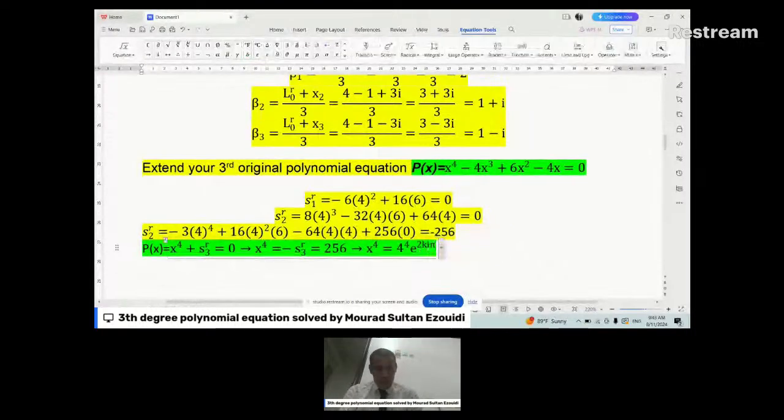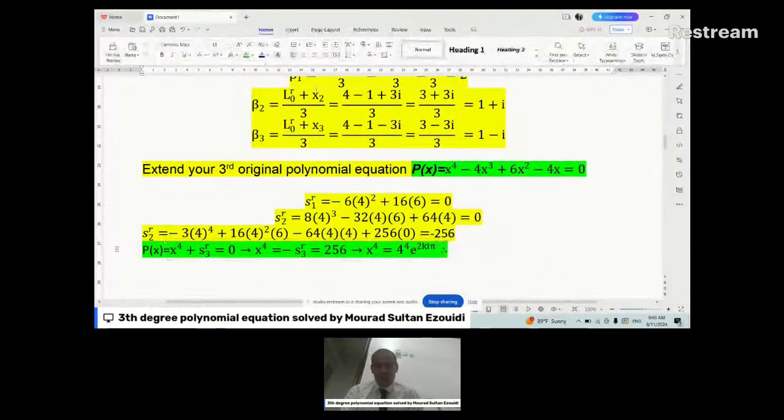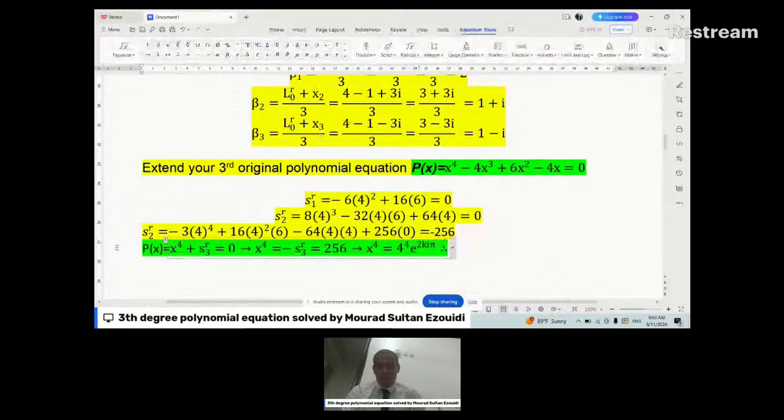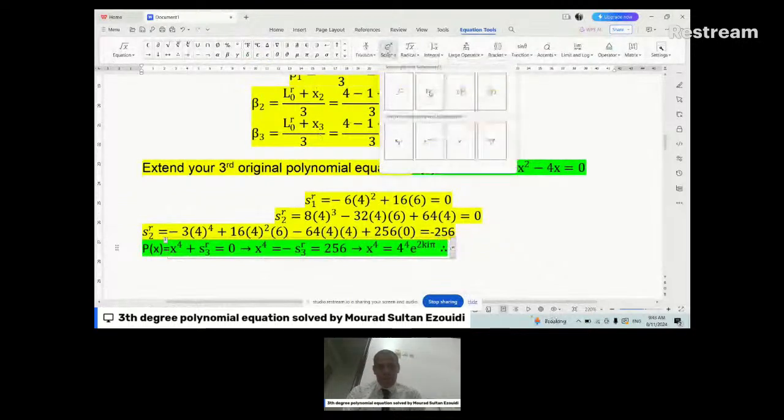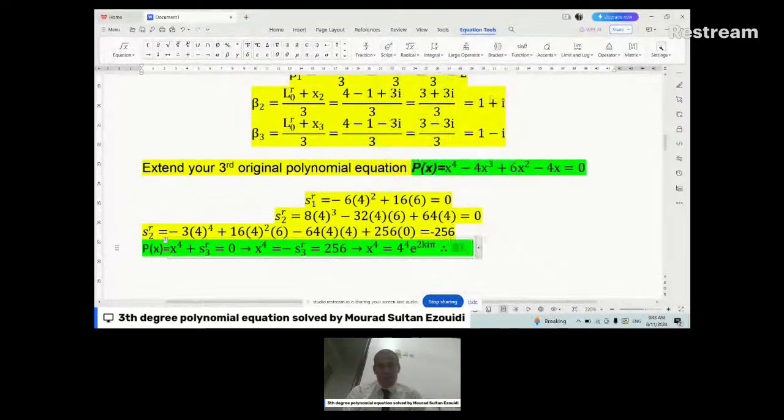Therefore xk, the roots of my original polynomial, k from 0 to 3, 0, 1, 2, 3, equal 4, as it is,